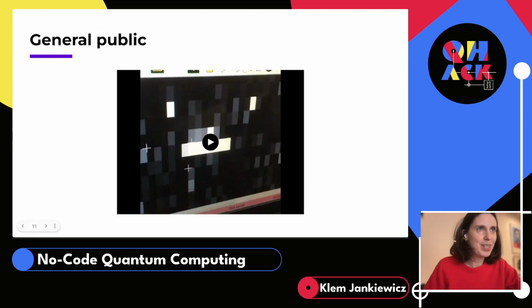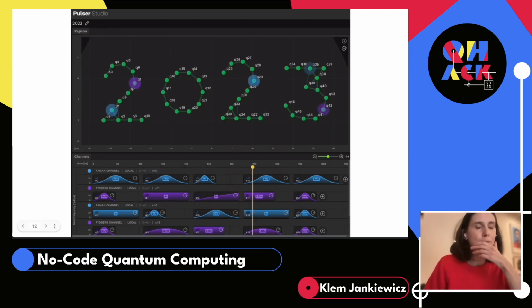Yeah. So this is my first example, from being a general public and having access to this technology. This is again Pulsar Studio, and it's a GIF I made for the beginning of the year. So I arranged the atoms and the light pulses. This is obviously not very useful as an actual algorithm, but the thing is that we try to design the interface in a way that it's very easy to use. So I'm not an algorithm designer, so I obviously don't really know how to design algorithms there, but it's very easy for me to still